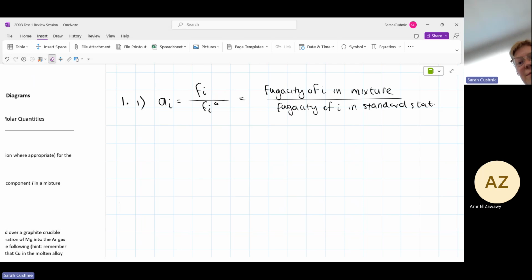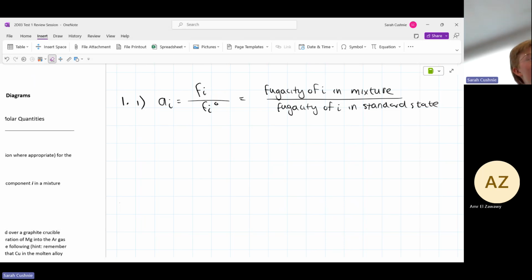Also, before I forget to mention it, I mentioned it to folks here in the room, but the actual formal solutions were posted on Avenue for us. They're in the course resources folder as well. I'm going off of what I wrote on this test because that makes most sense for me, and it kind of shows you what you actually need to say to get marks. So basically, this is the formal definition of activity.